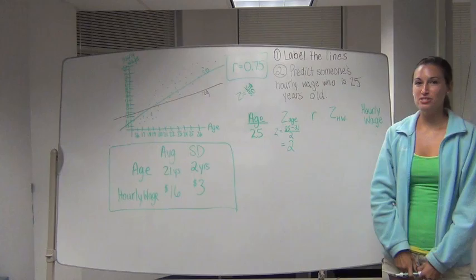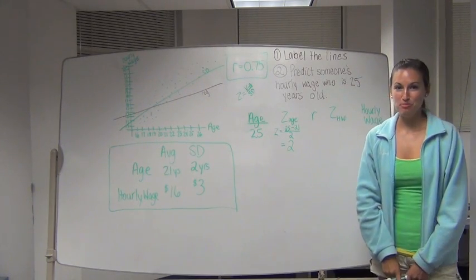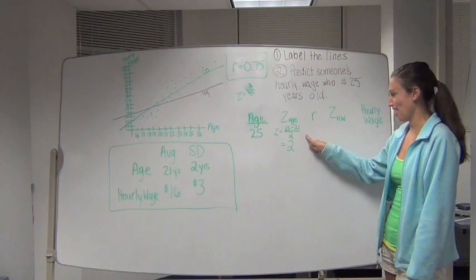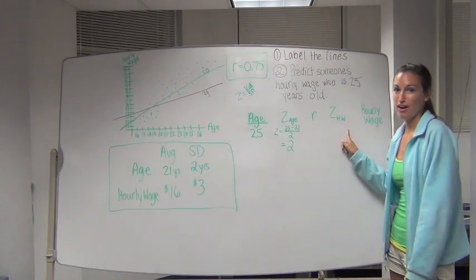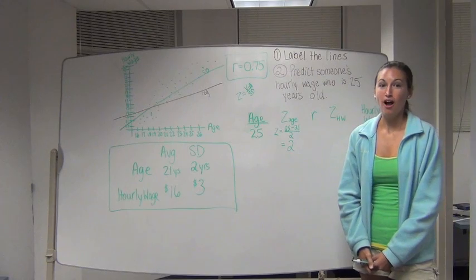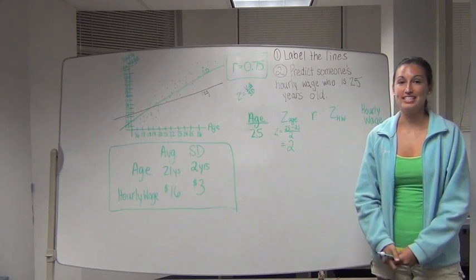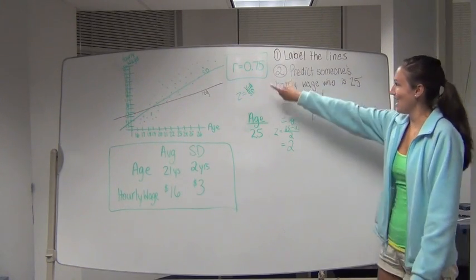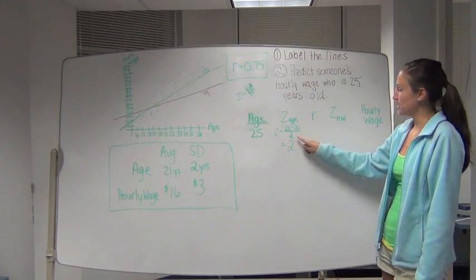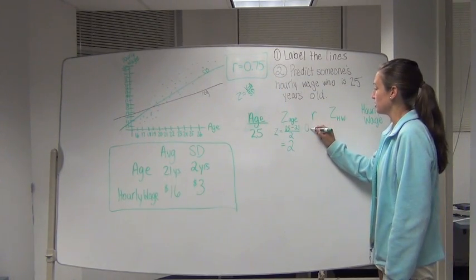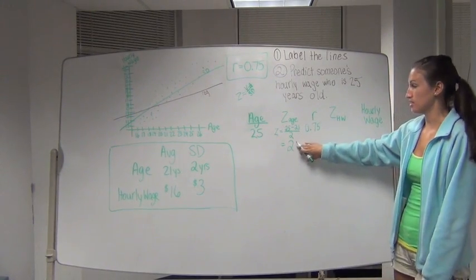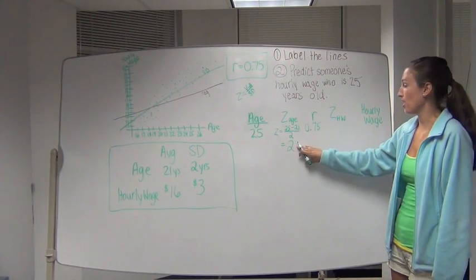Now, back when we were using the SD line to make predictions, we would have said, okay, we have a z-score of 2 for age. That means we have a z-score of 2 for hourly wage. However, with the regression line, remember, our correlation coefficient is not 1. Instead, it's 0.75. So, if someone is 2 standard deviations away from the mean, which is what a z-score of 2 means for age,